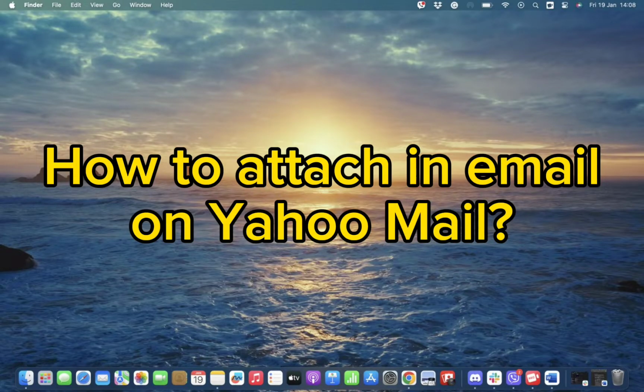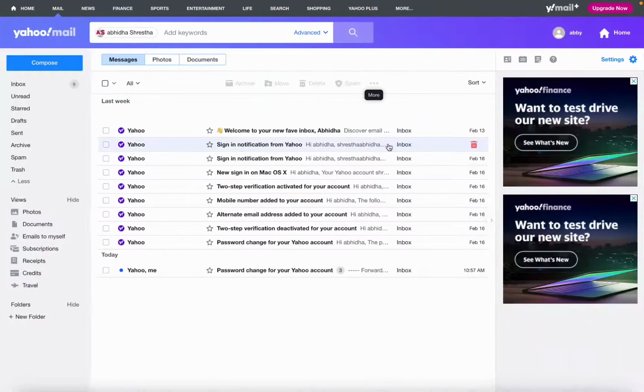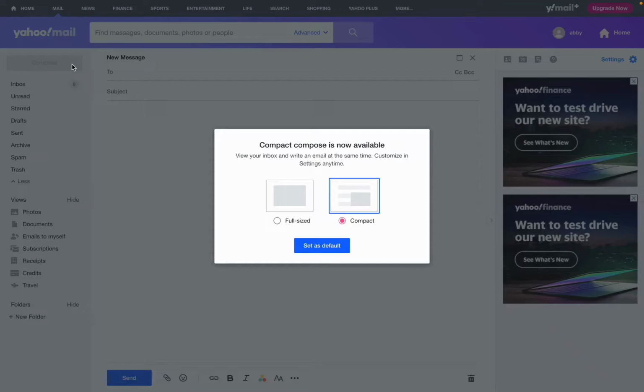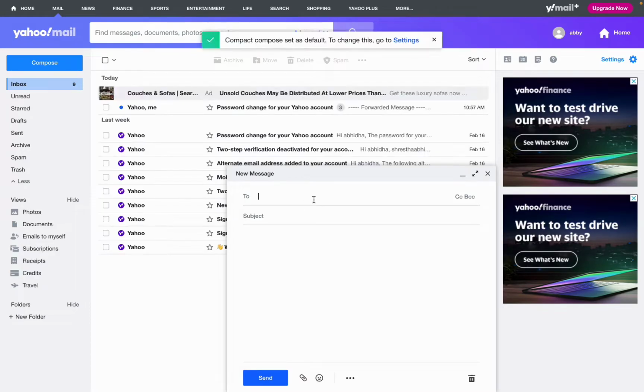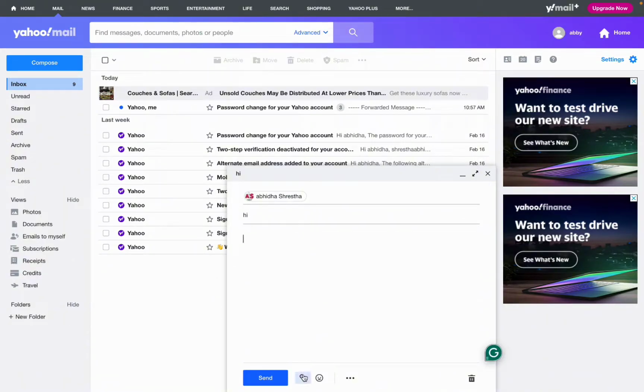So first and foremost, all you need to do is simply tap open your Yahoo Mail app. So once you open your Yahoo Mail, you need to hit the compose option and tap on the To option and add in your recipient. Once you have added in your recipient, you need to now type in your subject, and